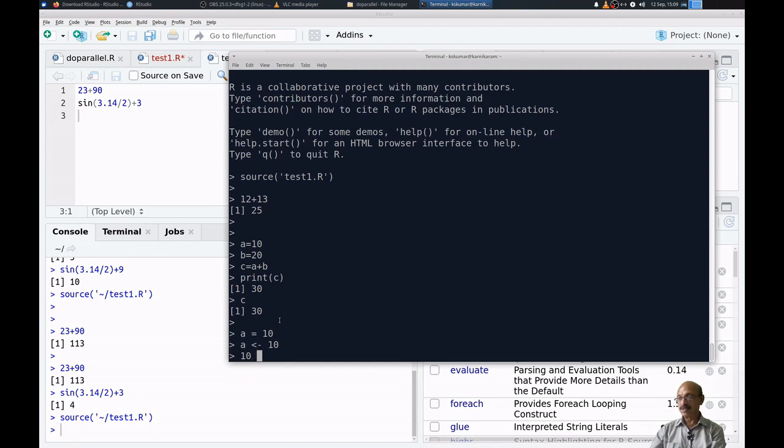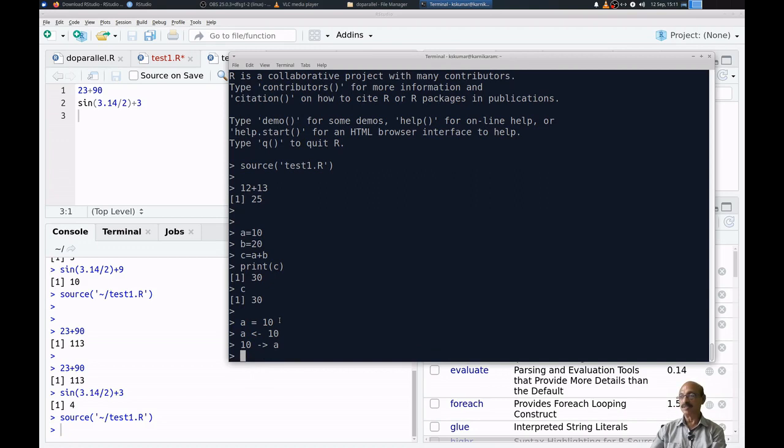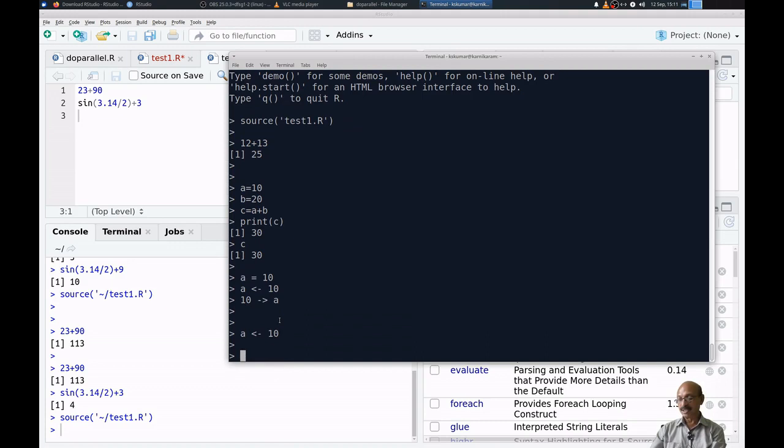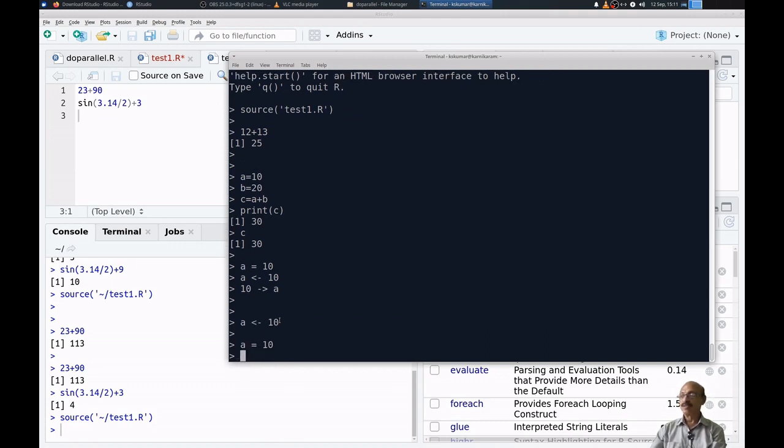You can also do it the other way, 10 -> A, and again 10 will be assigned to the variable A. Then there is a command called assign, which is the most popular and best way. Otherwise, for simplicity, you can simply type A is equal to 10.